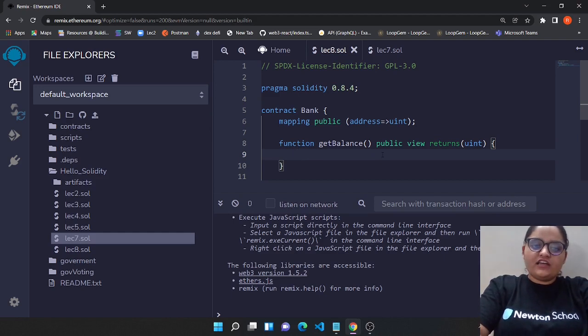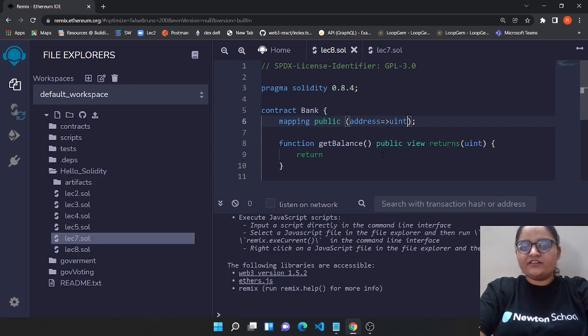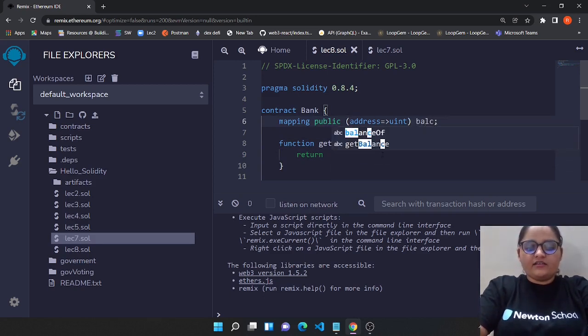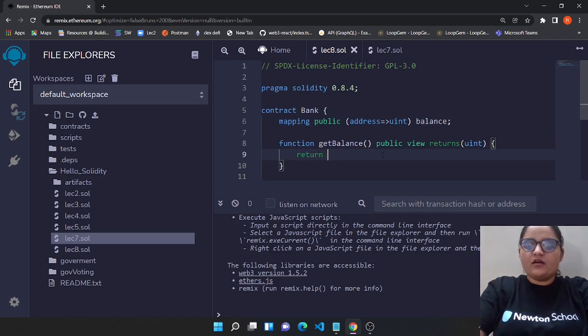So this is our function prototype, and now we can write the functionality of the function. First we are going to return the address balance, and we need to give a name for our mapping. Let's give it a name, simply balance, and now we need to return our balance.